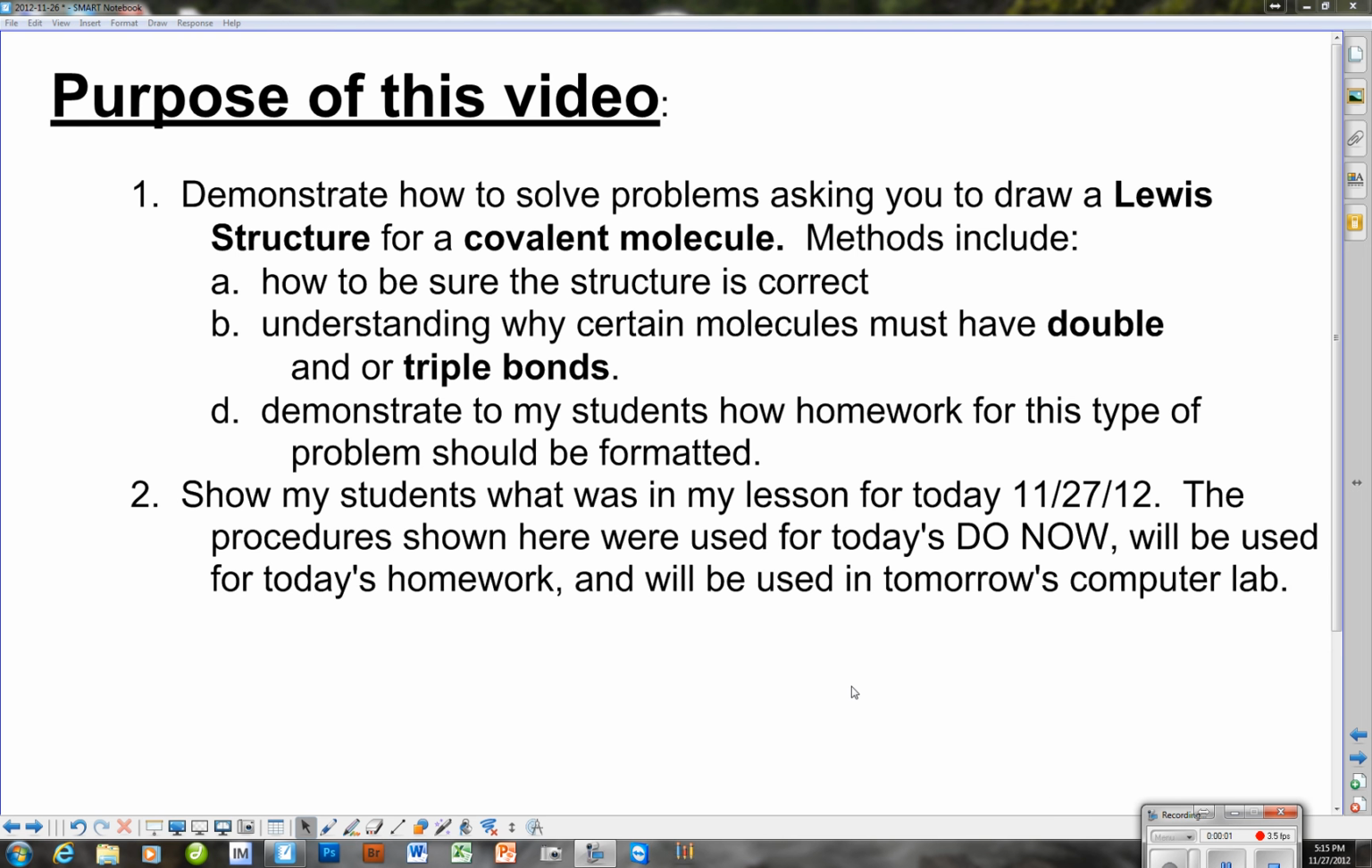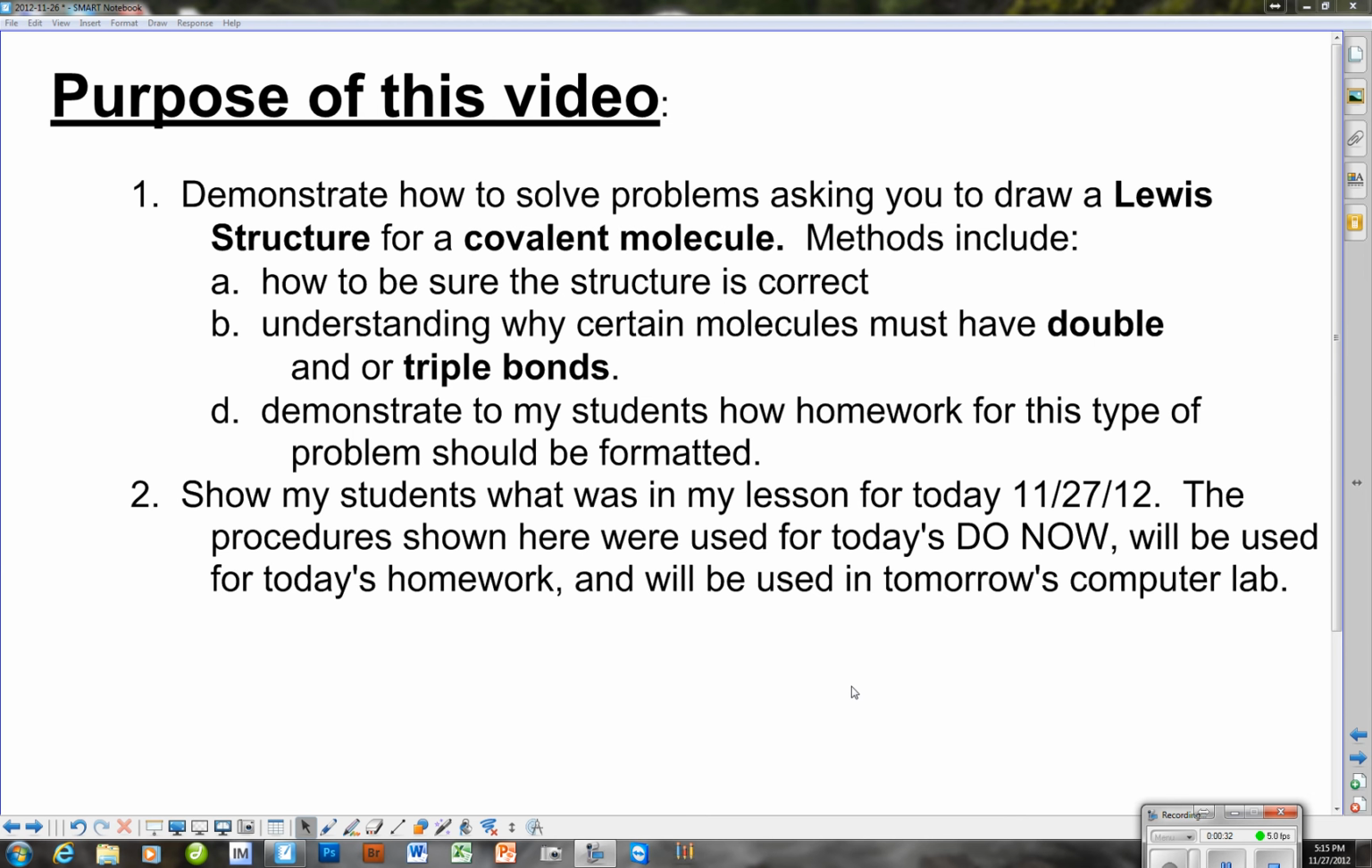The purpose of this video is twofold. First of all, I want to demonstrate how to solve problems asking you to draw a Lewis structure for a covalent molecule. The methods that I include are how to be sure the structure is correct, understanding why certain molecules must have double and/or triple bonds, and lastly,